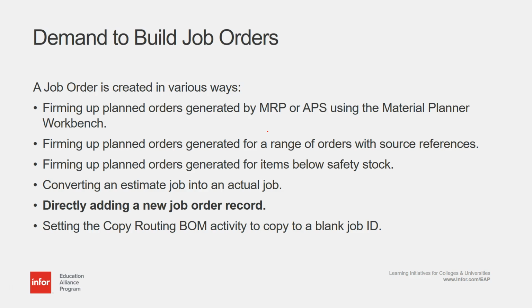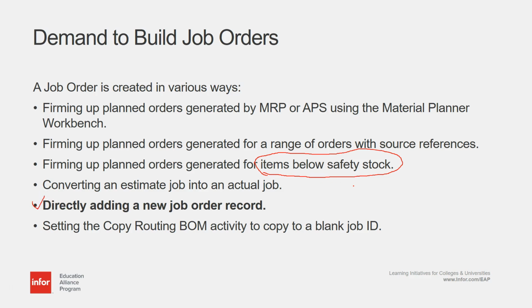Make sure that certain items don't run below the safety stock. You don't want to run out of critical components and things that you're going to need. You never want to run out of certain things, and so you make sure that those items are always in stock. Then you can convert an estimate to an actual job,